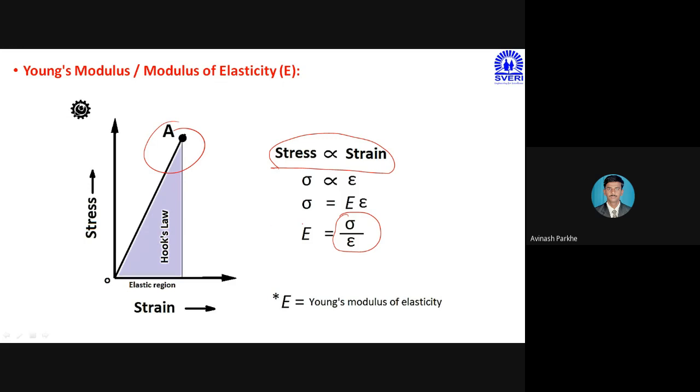This particular Young's modulus we have to use when the body is subjected to axial forces. Axial means the force is applied along the axis, for example, x-axis, y-axis, z-axis, and due to those axial forces, if there is an axial deformation, or we can say a linear deformation, then and only then can I use this E for the further calculation. That is, E is equal to linear stress upon linear strain.